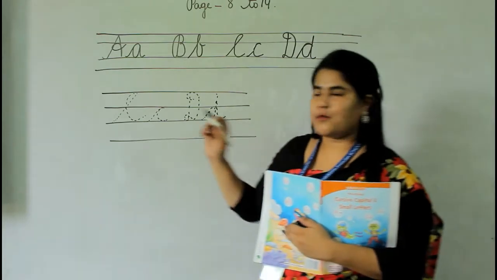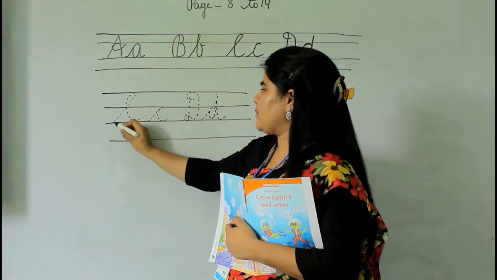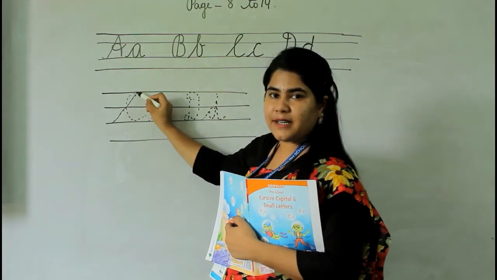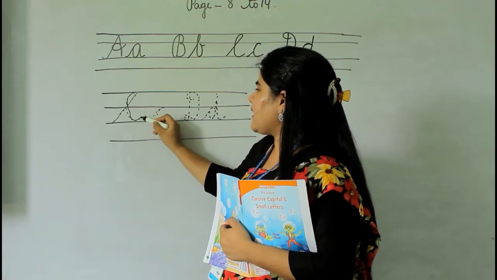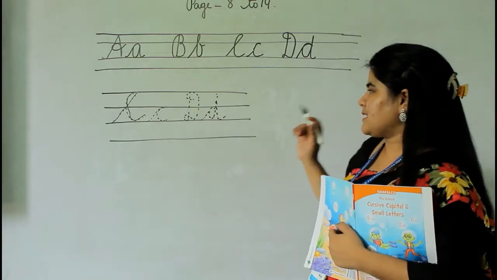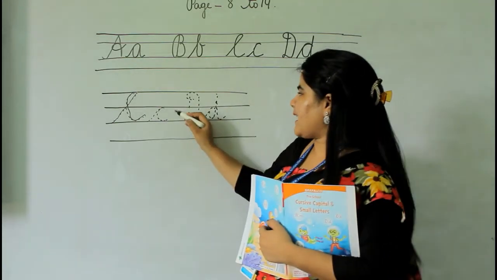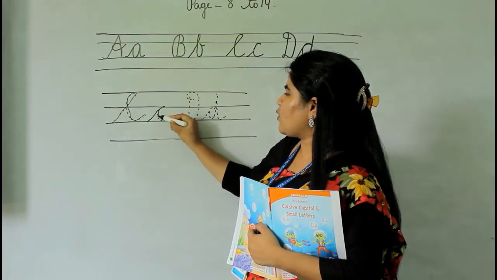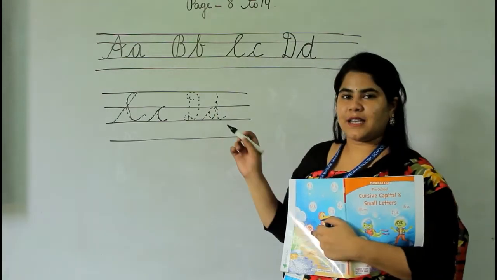So let's start. We will start with this third line. Everyone move your pencil, move your hands along with me. We start at the third line, then move to the first line, directly to the first one. Then we make a half circle, then again here. In this way it will become cursive capital C. For the small letter, we use only 2 lines, second and third. Start from the third line, move to the second line, then go back to the third line.